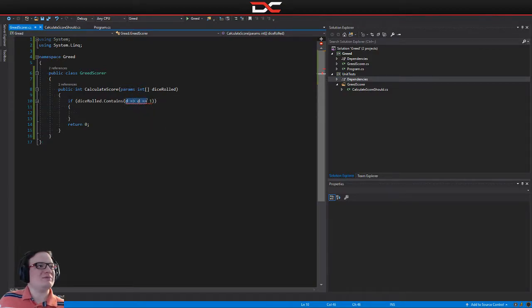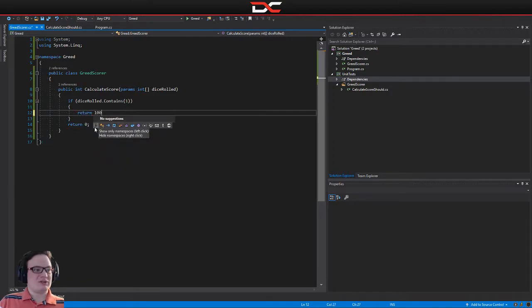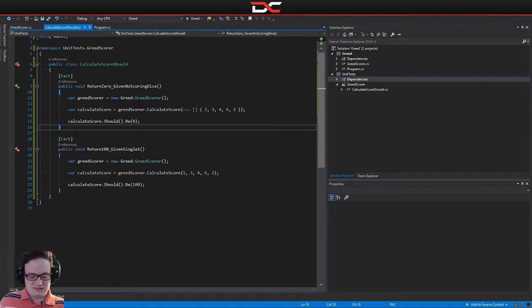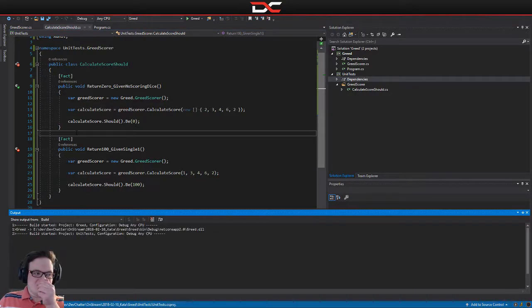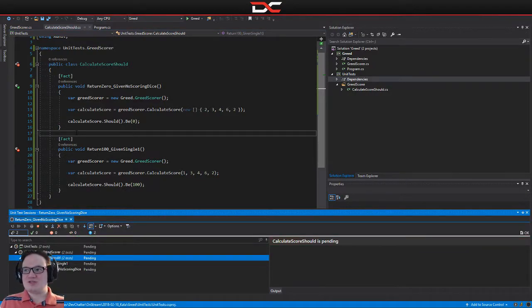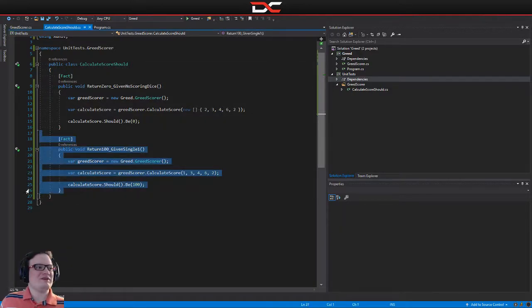Oh, right, because it was just doing that one. That's hilarious. Then we're going to return 100. So again, easiest thing that works. And the reason why we're doing the easiest thing is because we just want to get to the next test. This lets us build up a suite of a handful of tests so we can write our real code. So now that we've got this one going,